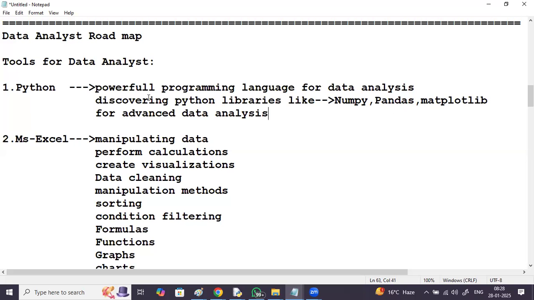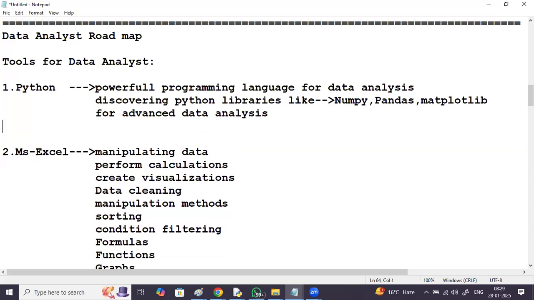The total implementation goes in Python. You need strong fundamentals in Python basics, like data types, variables, and especially collections: lists, dictionaries, tuples, sets, data frames. Especially in Pandas you will see the concept of data frames, then sets, loops, functions, functional programming. So in depth, you will be getting knowledge of Python.